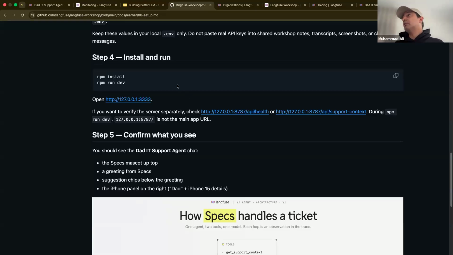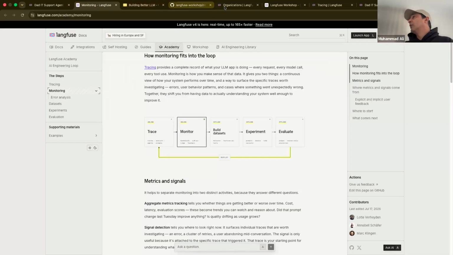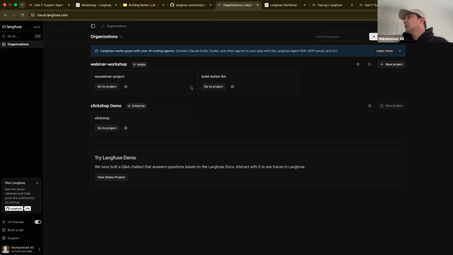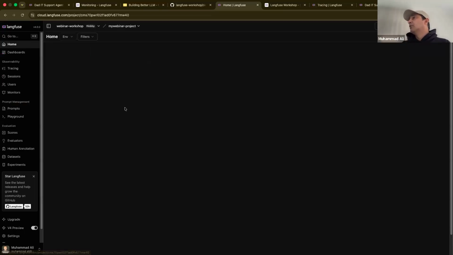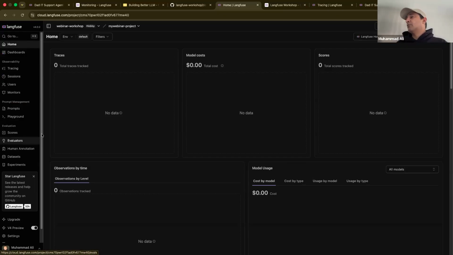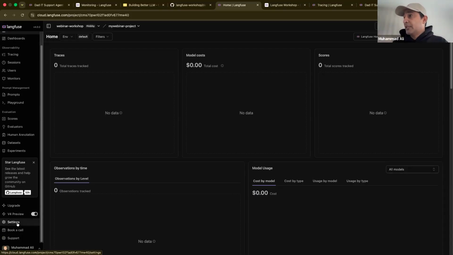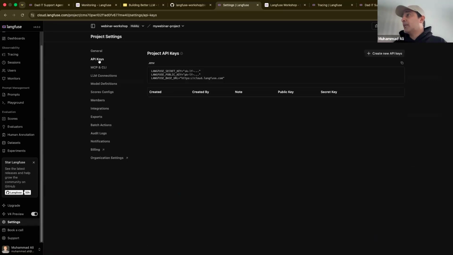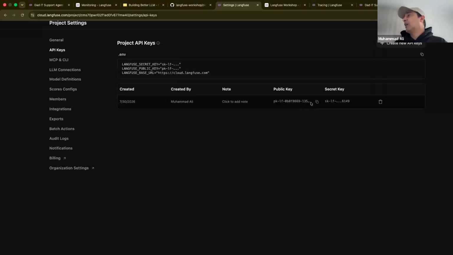Public and secret key will not be the same. That's a good question. So when you go to Langfuse and you created that project, like the way I did this, I think this was my webinar project. If you've already created the project and you were not able to copy the secret key and public key, you can go to settings, go to API keys, and then create new keys. I've already got those keys in my env. If you couldn't copy, you can create a new one, and that's okay.